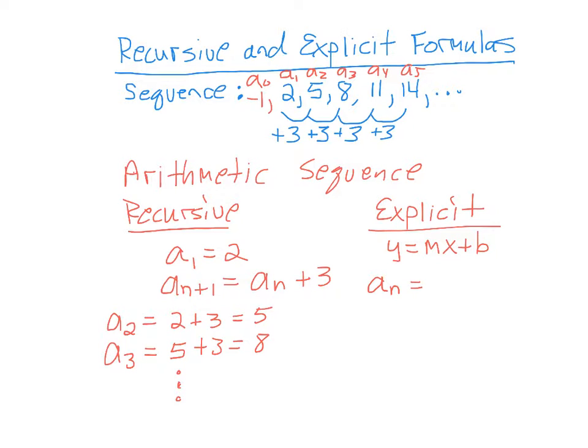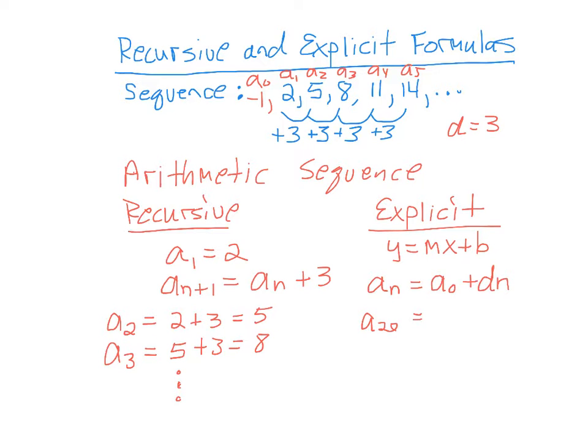Well, that's going to be equal to essentially my a sub 0 plus my common difference d, and we found it up here. d is equal to 3. And I multiply that by n. In other words, if I'm looking for a sub 100, well, n is 100, therefore I would multiply by 100. Let's do an example. If I wanted a sub, let's say 20,